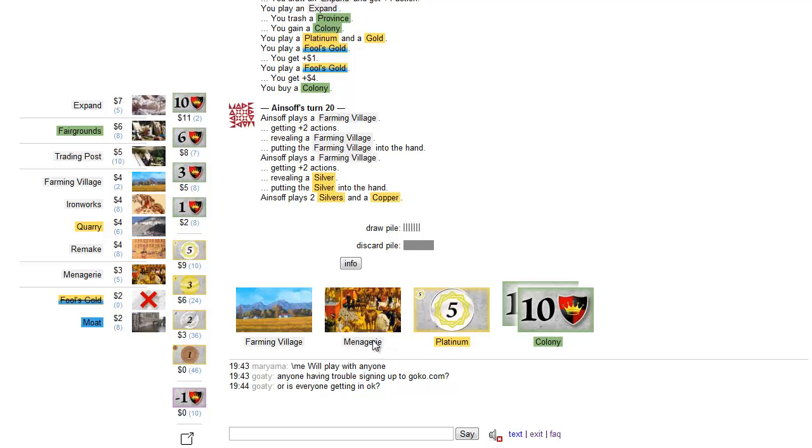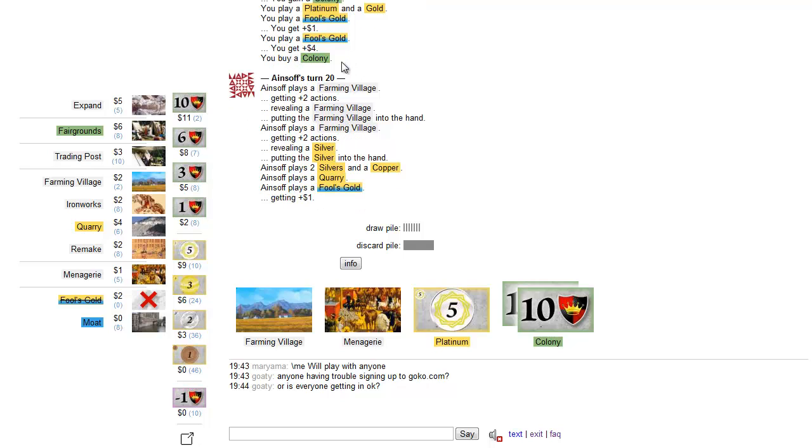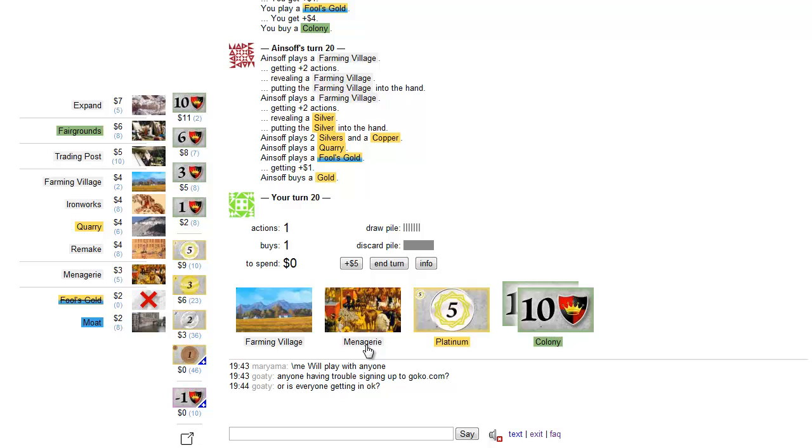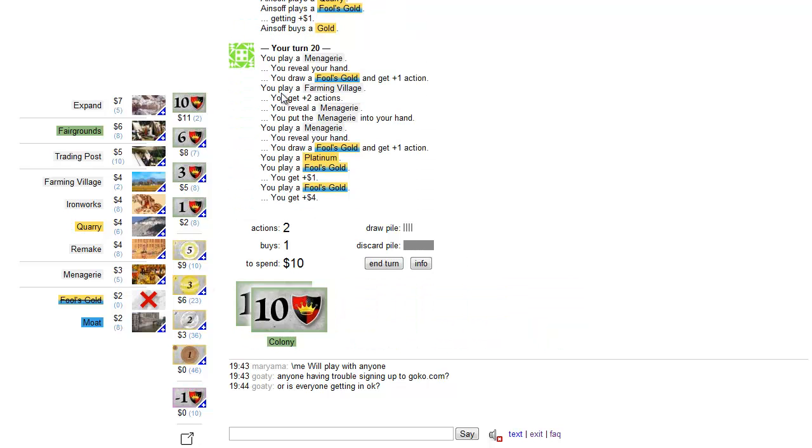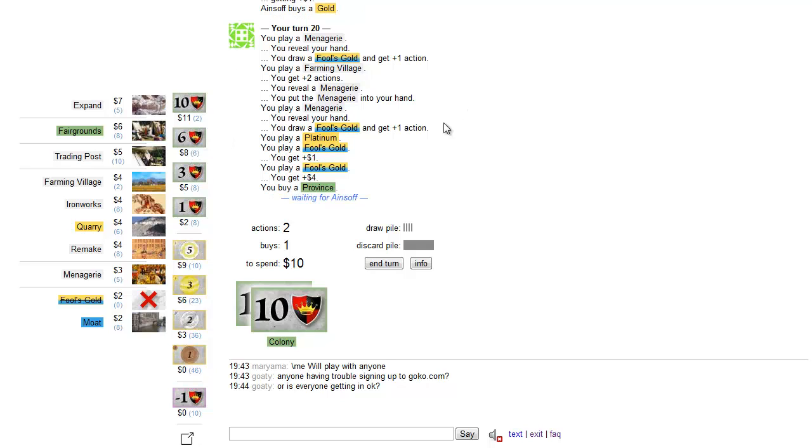This game isn't necessarily very instructive as to how to react to your opponent. When I get a higher level opponent, I'll explain a bit more about what I do there. But this is just a bit of information as to how I go about reacting to some of the things that I see on the board, and possibly a bit of information about how I use Remake. So there's Farming Village, Menagerie, and a Province. I could pick up a Platinum here,